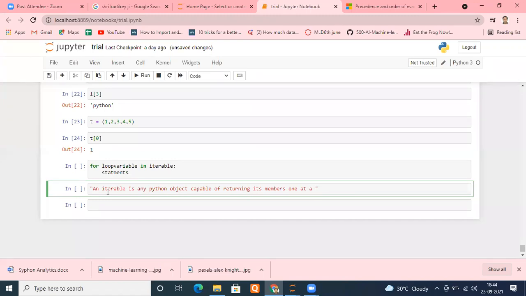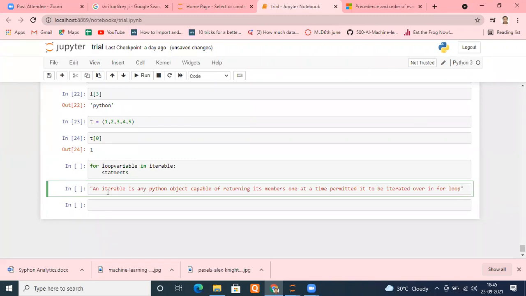I repeat once again: an iterable is any Python object capable of returning its members one at a time, permitting it to be iterated over in a for loop. That is the proper word, iterated.